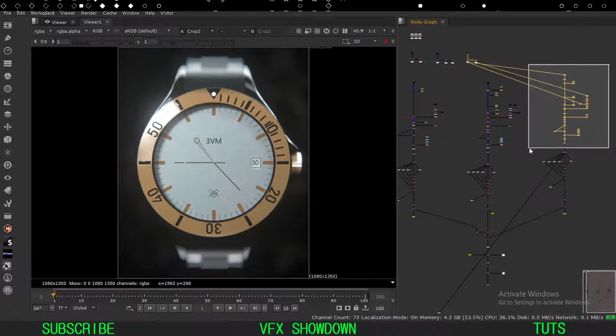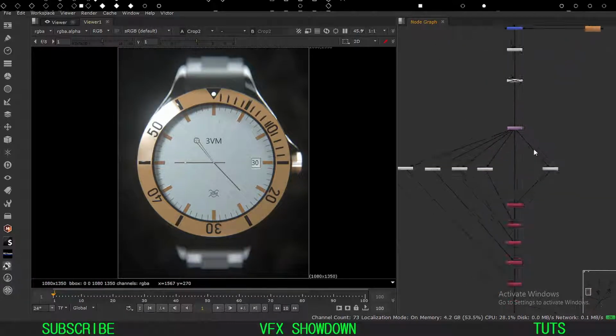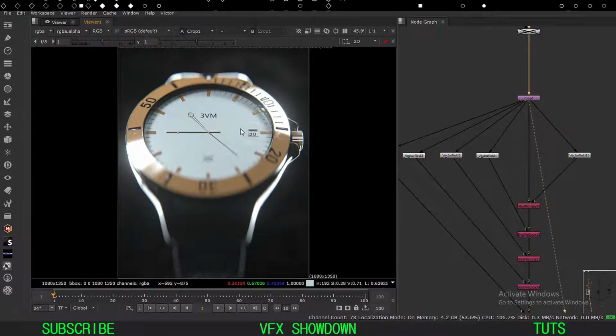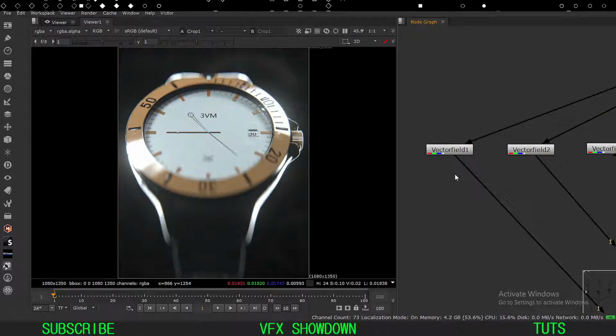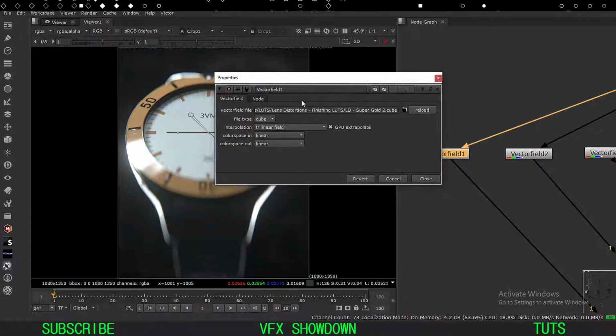Now let me show you what this is. From here I'm just doing some look development. This is my base look. I'm just adding depth of field and some minor color correction and all that. After that I have a couple of nodes, this is the vector field. Basically I'm applying a LUT in every single node, using a file in my